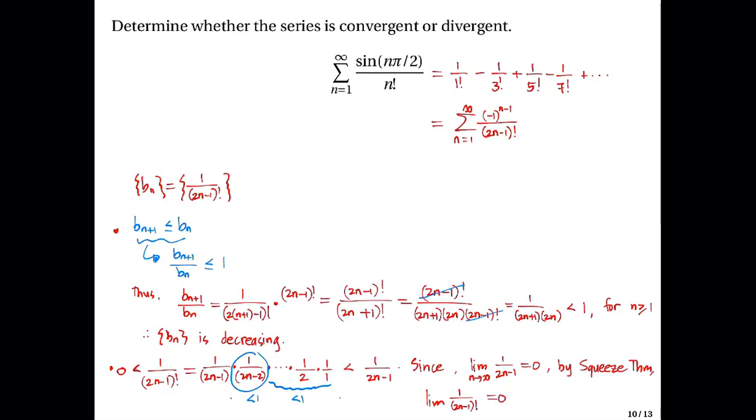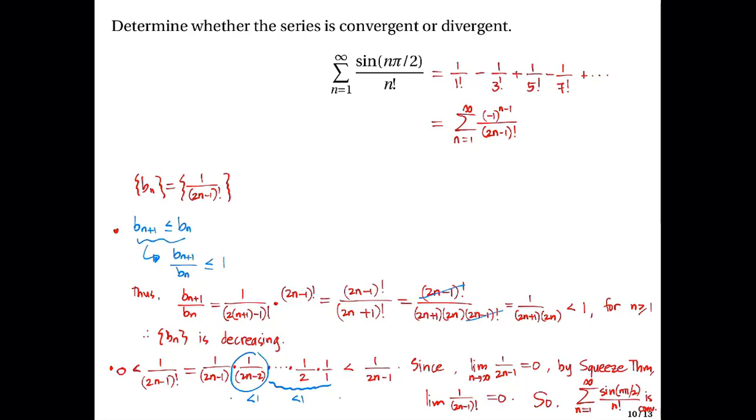Okay? So, the series sine n pi over 2 divided by n factorial, from 1 up to infinity, is convergent. So, I don't have enough space here. Sulat nyo na lang, ha? Convergent. Okay? So, that will be,